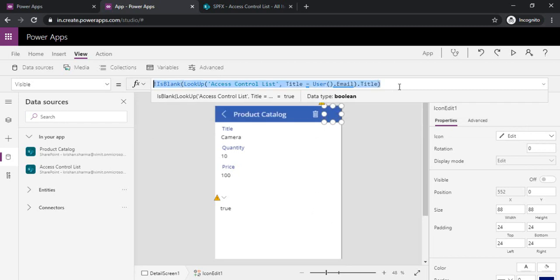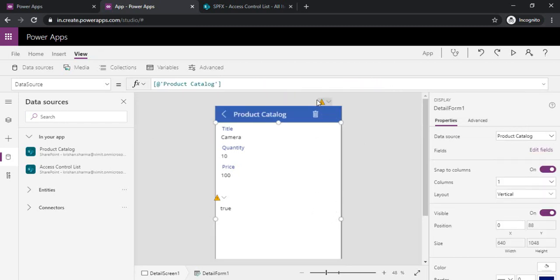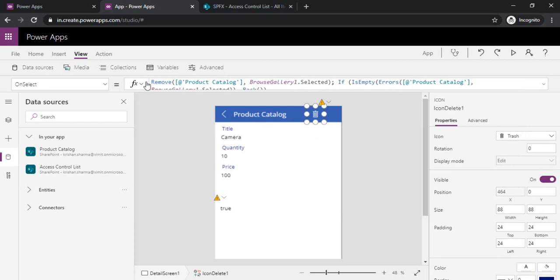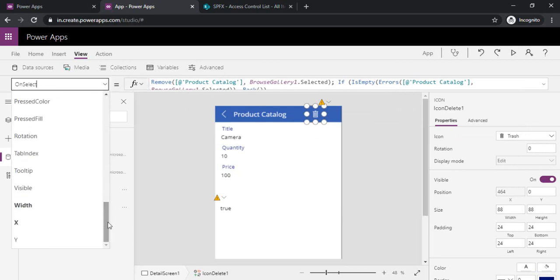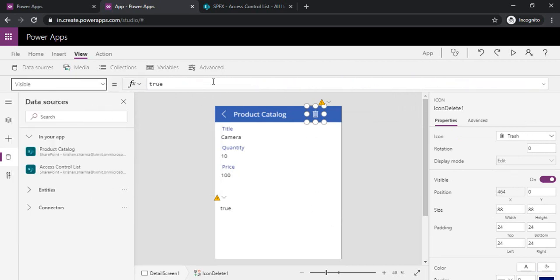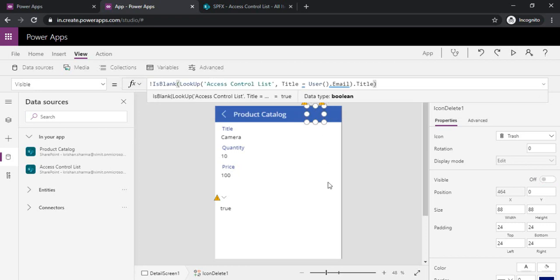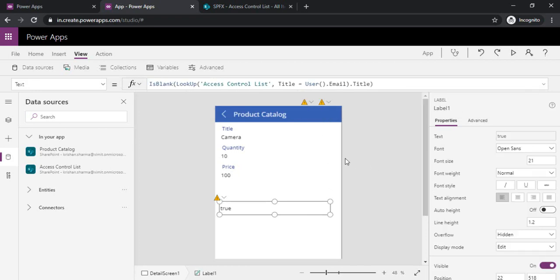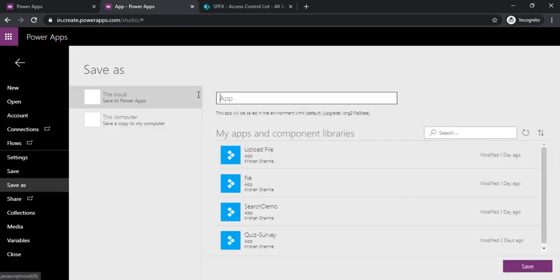I'll copy the entire expression once again and do the same thing for my delete button visibility. Okay, so we are good. I'm saving this app as access control demo app.